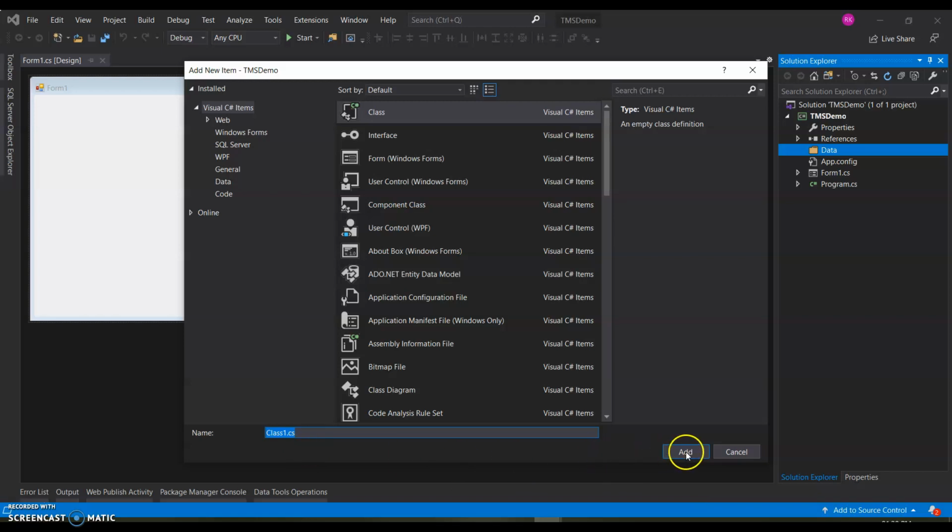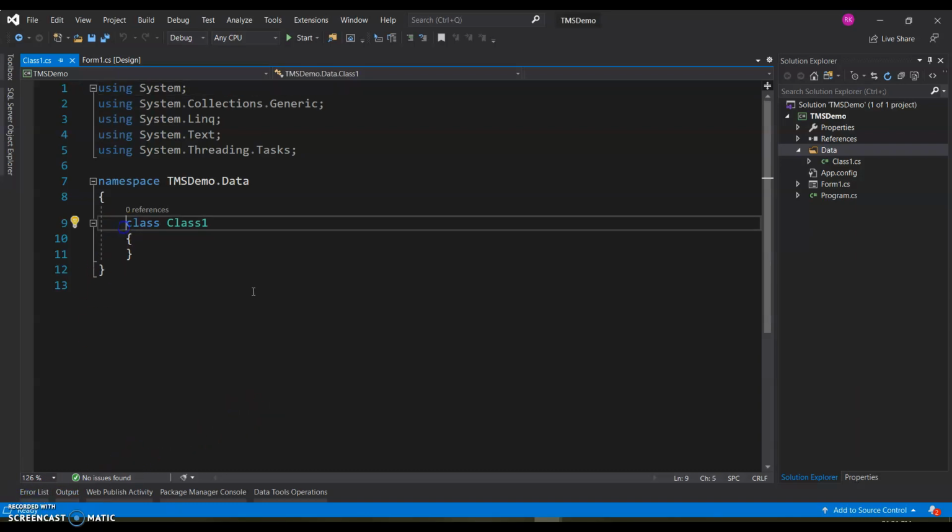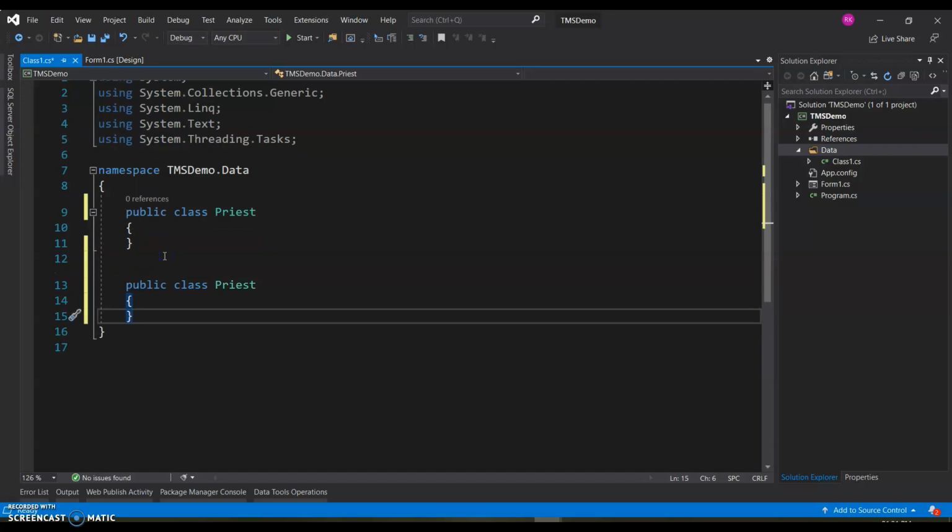I'll just leave it at the default. I am anyway planning to separate all these classes later on, but just for the sake of ease of discussion, I'll start creating all the classes in one file and later separate them. Let's say we wanted to create a class called priest, which is one of our entities. We would do this, and similarly we will create something like